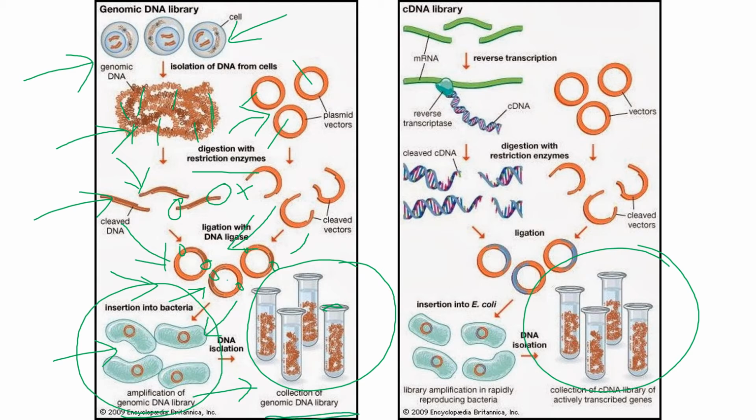You will have all the genes present within this library. If you want to pick one gene or another gene, you have that set of genes already present in multiple numbers in this tube. For example, this is the tube of human gene number 1. It has multiple fragments. You can take out a single fragment and start experimenting with that particular fragment. So that is the concept of a genomic library. Okay.